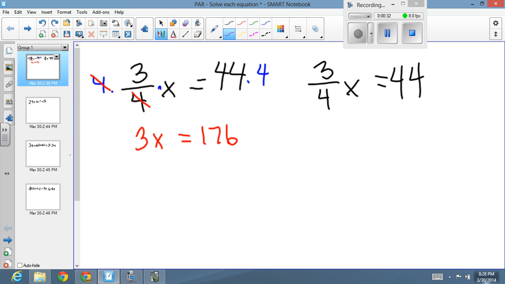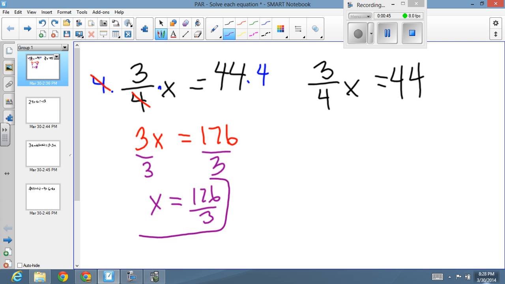Then in the second step, I would divide both sides by 3, and you're left with x equaling 176 thirds. Okay? That's not going to reduce evenly for you, so I would say you just go ahead and leave it in that form. On the other hand, on the other side,